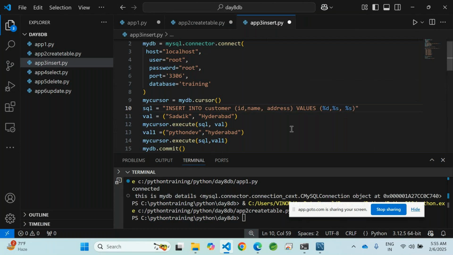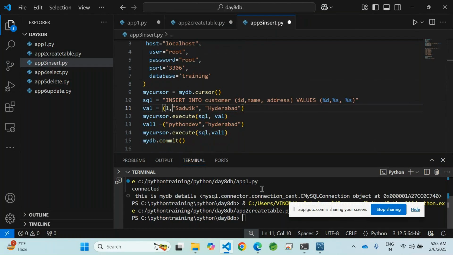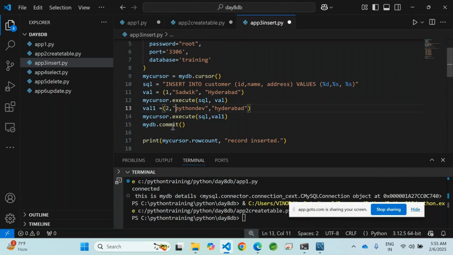One is a number, two are strings. First value is 1, this. Now execute with value. Second is,